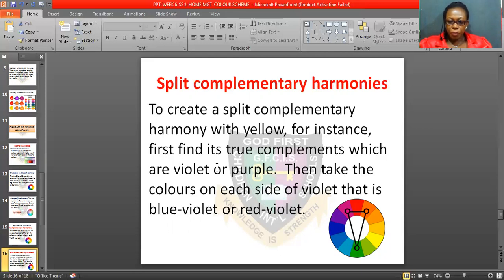Now I use this example in this wheel, like this violet, this orange. You do what? You get your green. That is split complementary harmonies. Now, if you want to find the harmony of yellow, for instance, you first find its true color. This is harmony of yellow. How do you find